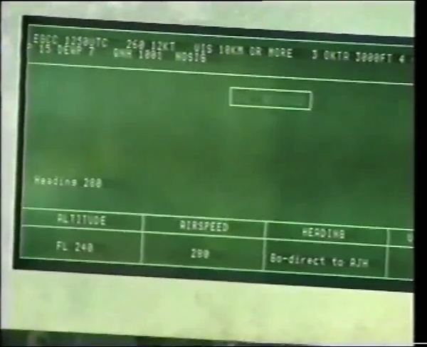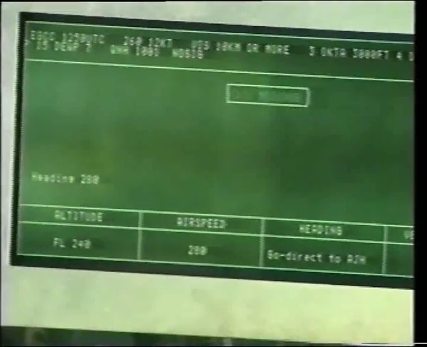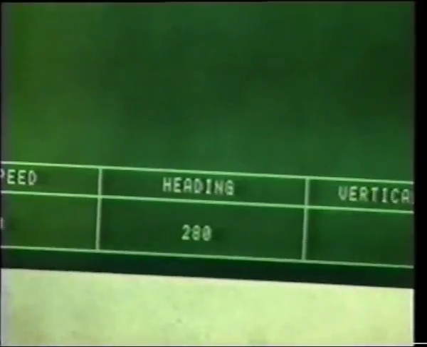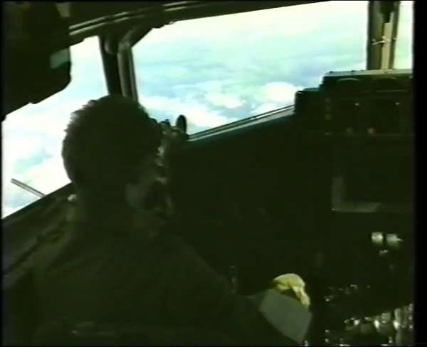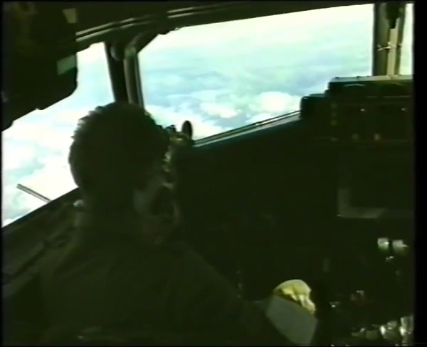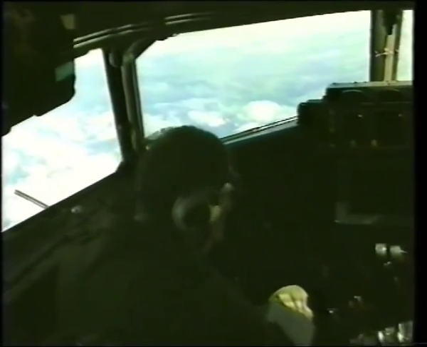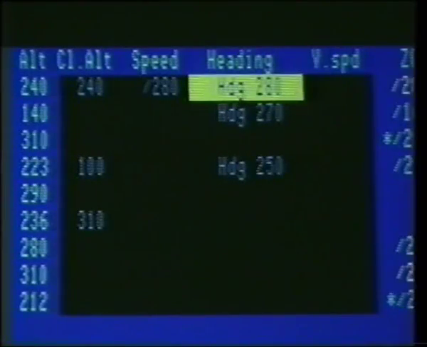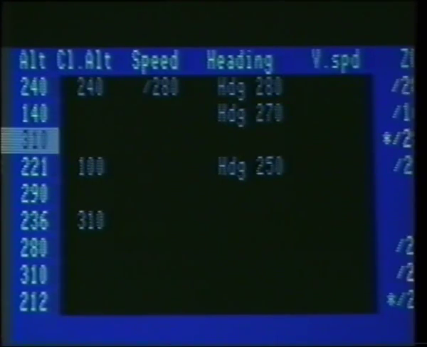A course correction is now instructed, received and acknowledged. The autopilot is set accordingly. Confirmation is received by the controller as the yellow box disappears from the screen.